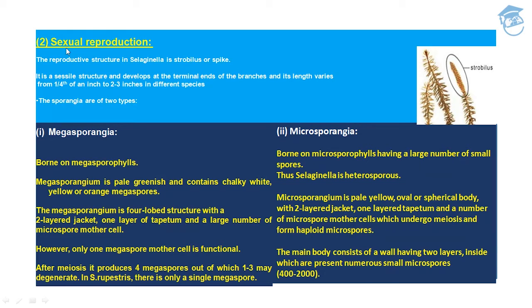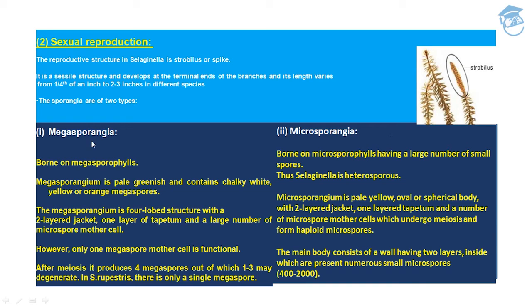Then sexual reproduction takes place. This is the strobilus. The reproductive structure in Selaginella is the strobilus, which is also called a spike. It is a sessile structure and it develops at the terminal end of a branch, and its length varies from a quarter of an inch to 2-3 inches in different species, and the sporangia are of two types, megasporangia and